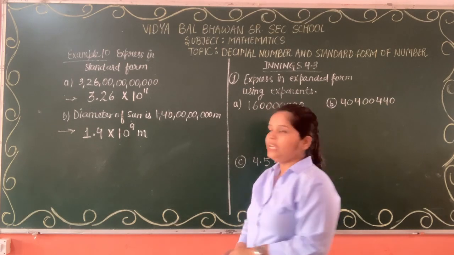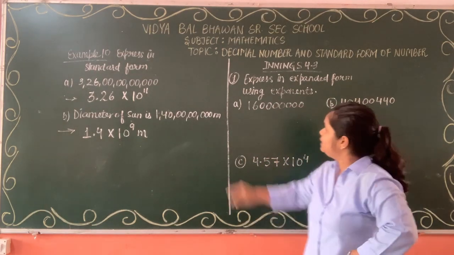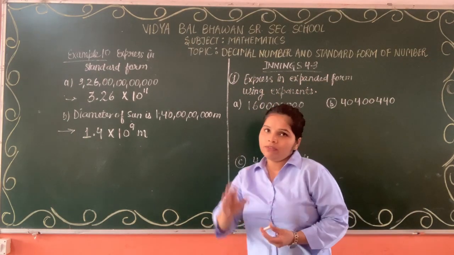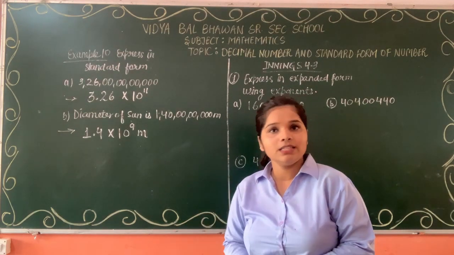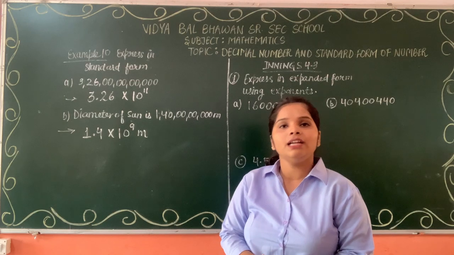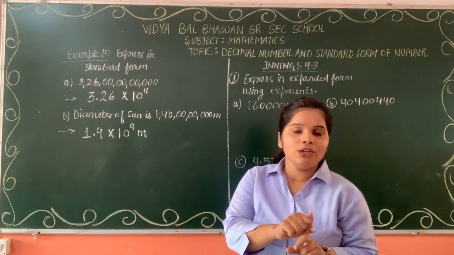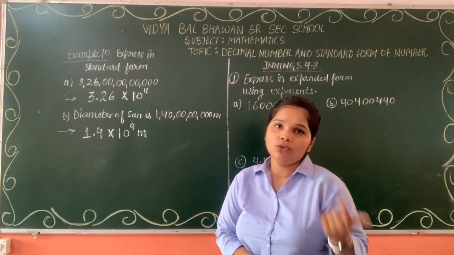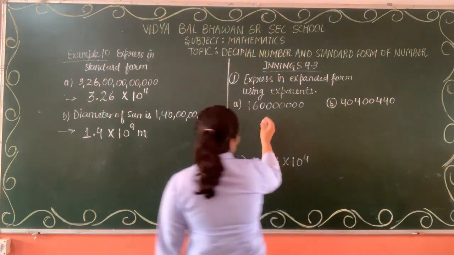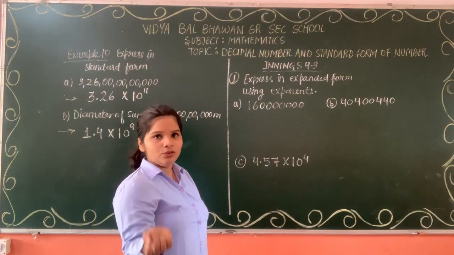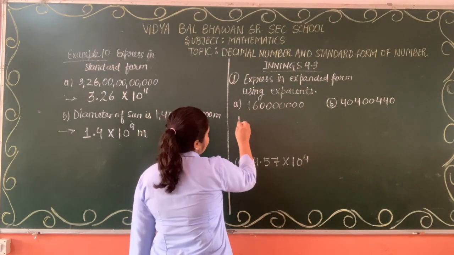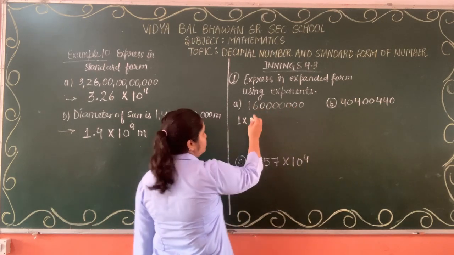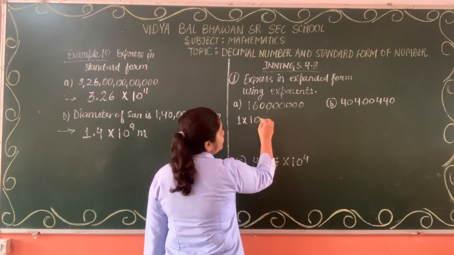Now let's move to the exercise 4.3. That first question is asking to express in expanded form using exponents. As we were doing the expansion of numbers in the junior classes, this is the same, just that the place values you are writing like 10,000, 1,000, 100, 10, etc., you need to represent those as powers of 10. So if you do the expansion in the way you used to do, it will be like 1 multiplied by, it is 1, tens, 100, 1,000, 10,000, lakh, 10 lakh, crore, 10 crore. So you will multiply it by 10 crore.